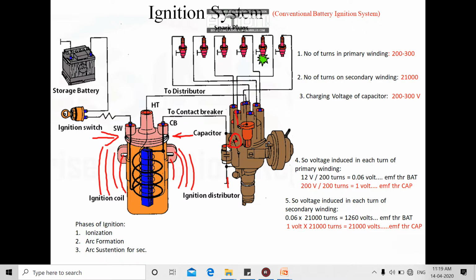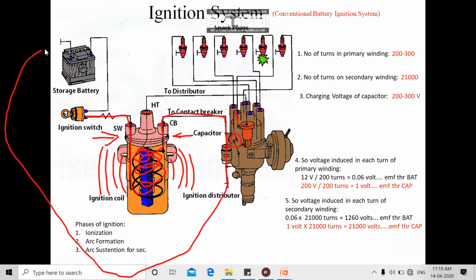This capacitor absorbs the arc developed across the contact breaker whenever it breaks the contact, so the capacitor gets somewhat charged. Whenever the magnetic field is collapsing, all those collapsed charges are absorbed by the capacitor. The current flows through this because the windings are charged and the magnetic field is collapsing, so that charge is absorbed by the capacitor this way, and it reaches here through the battery, making a complete connection.